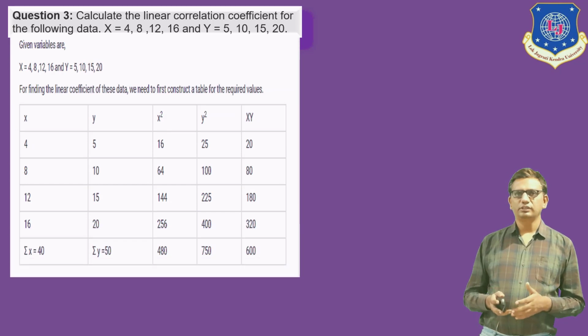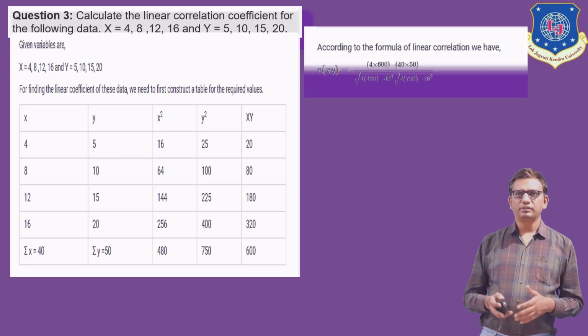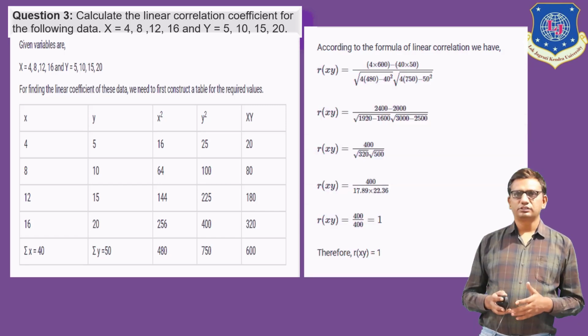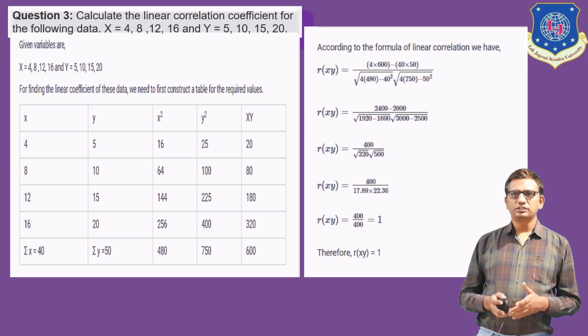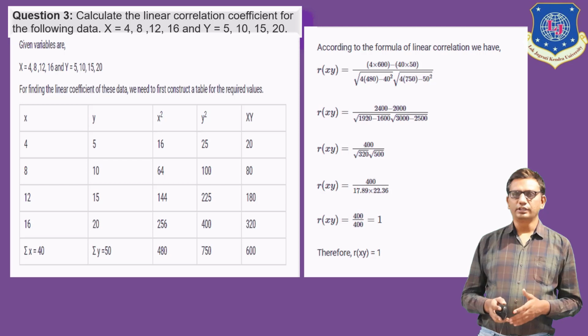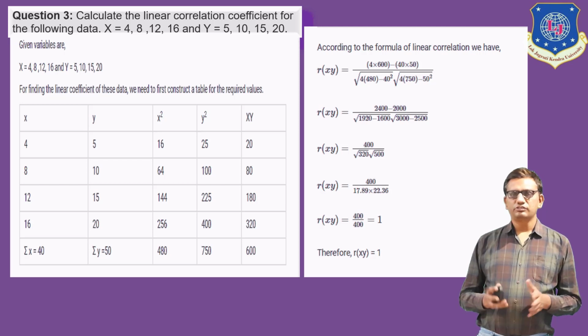Here the data is given, and now we apply the table x, y, x square, y square and xy, and after that we use these formulas. Here the relation between x and y is 1, so they are strongly correlated data. So that is the concept of